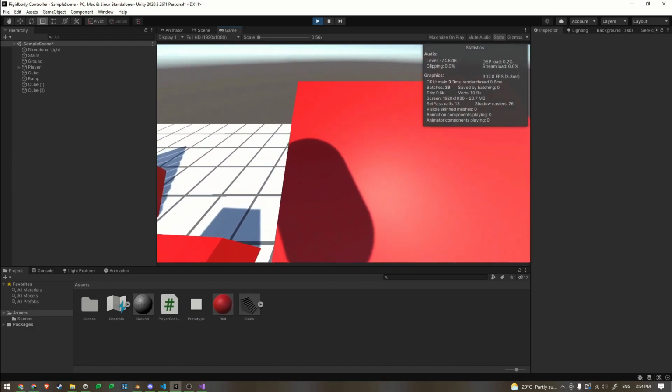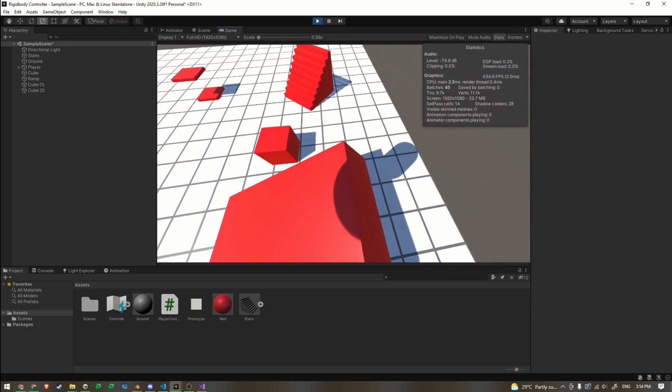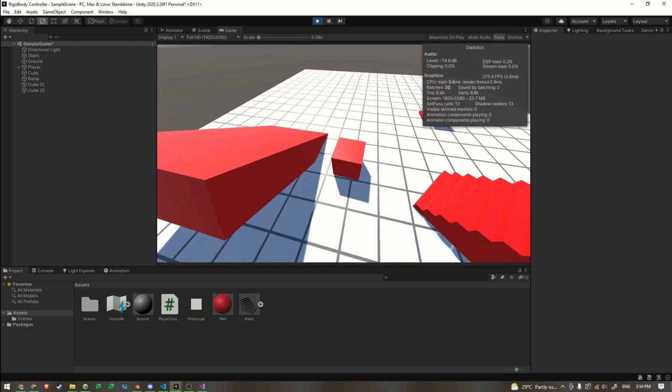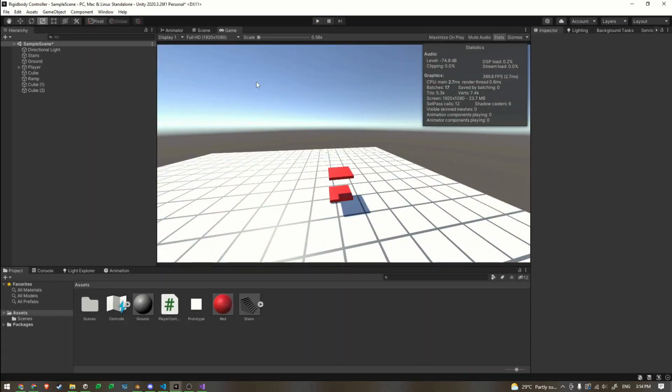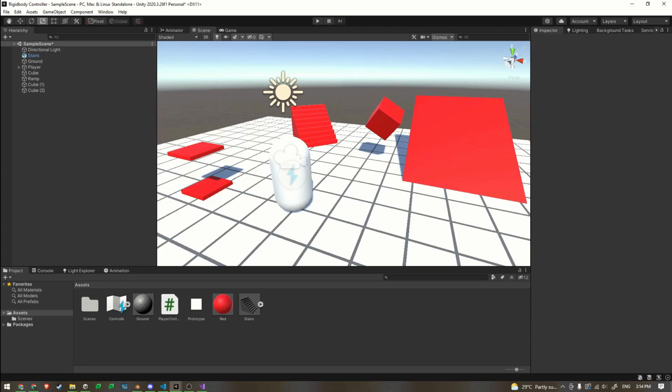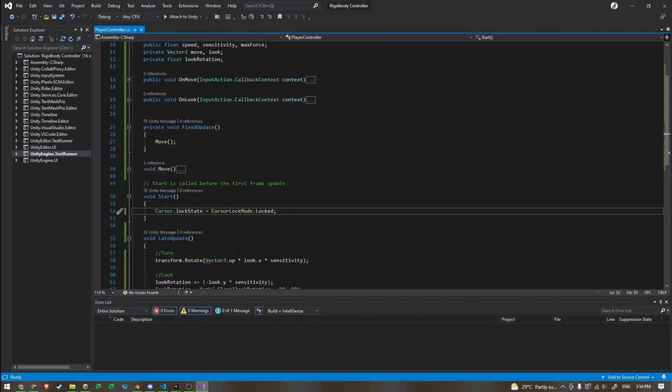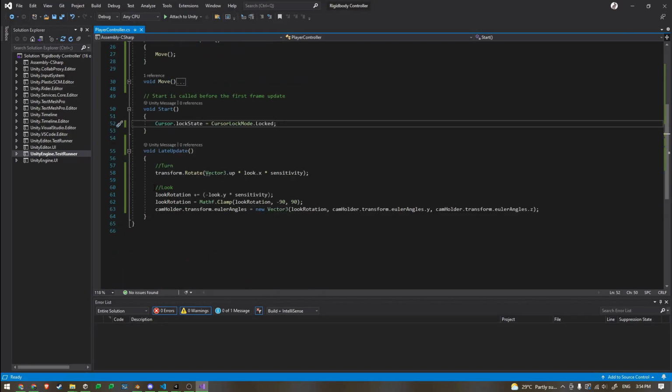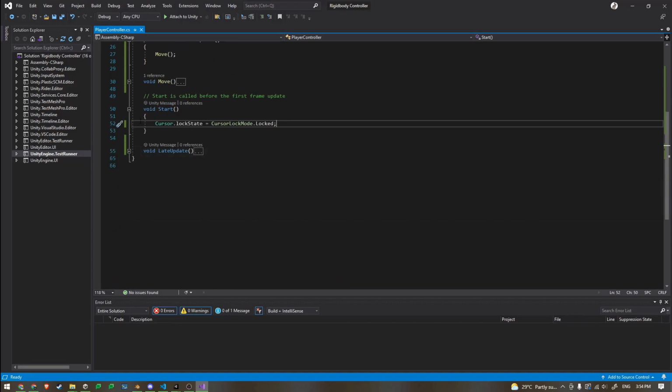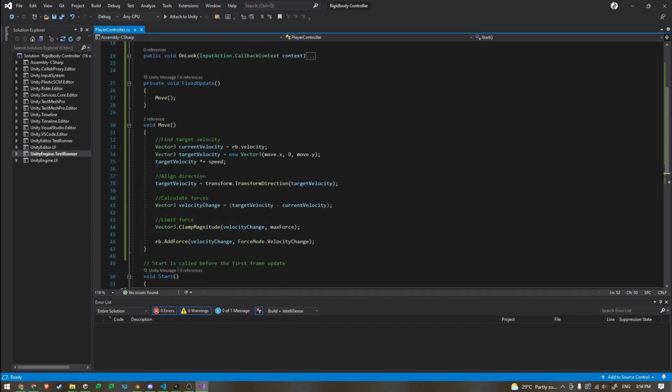But currently some weird things are happening. First of all, we're not falling back down to the ground. We can fix this by going back into our script, and in our movement here, we're going to want to